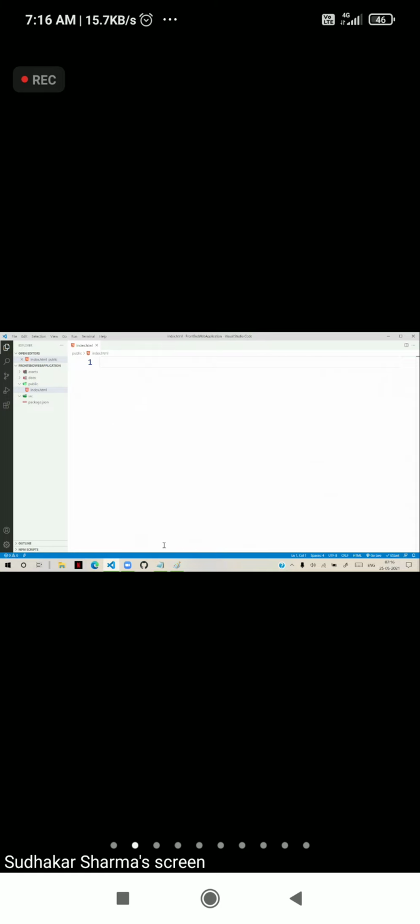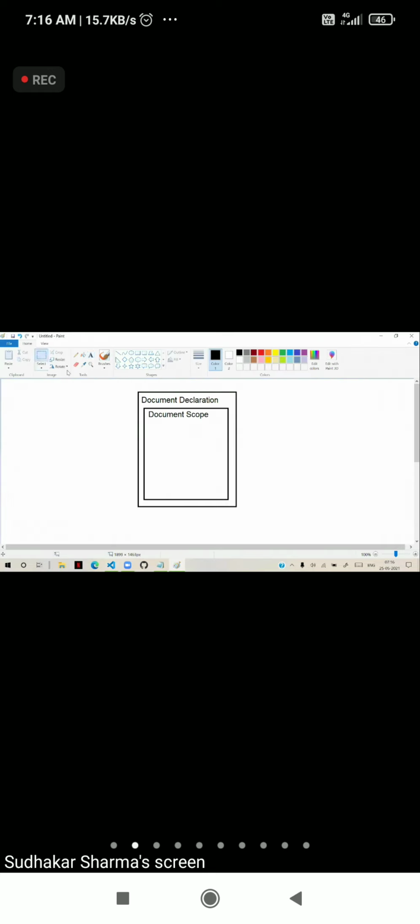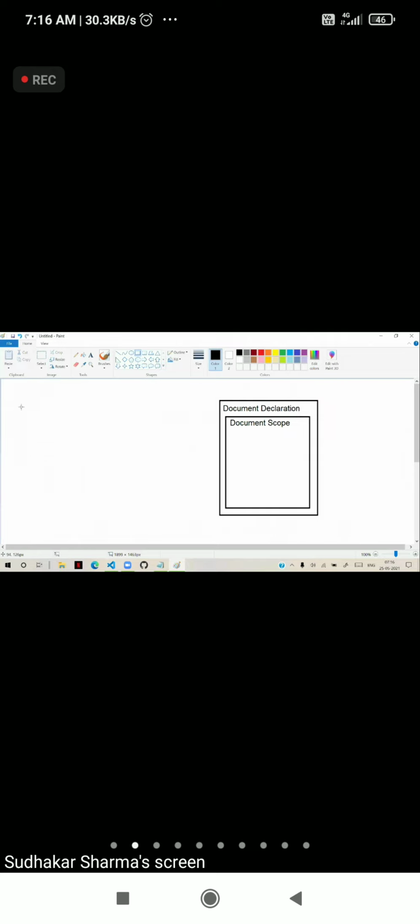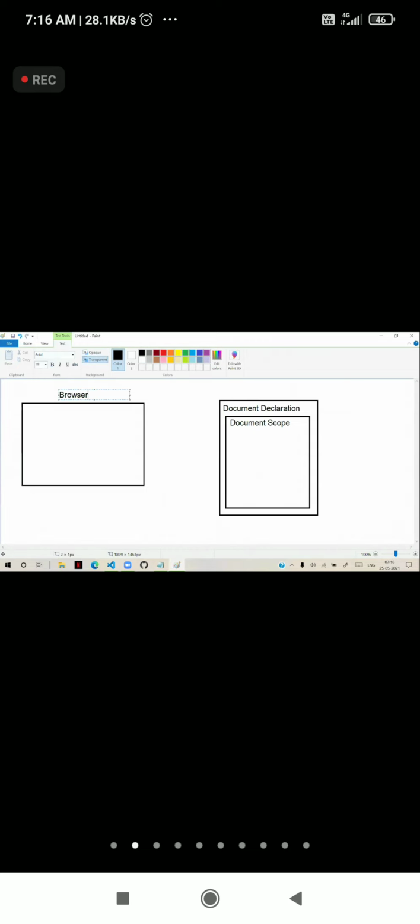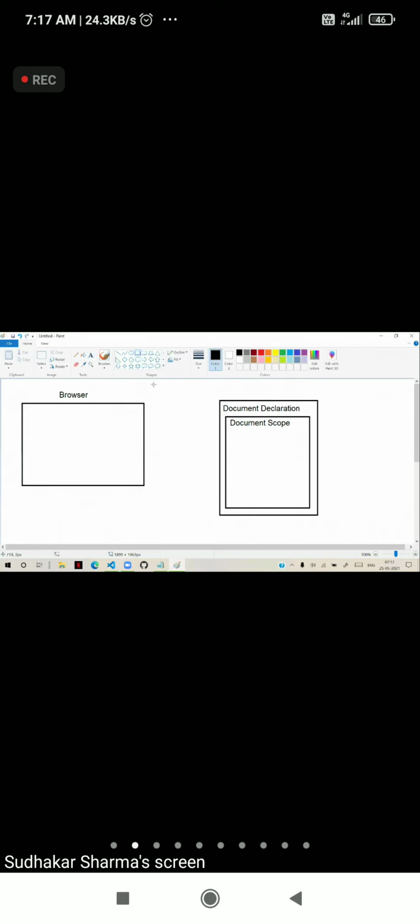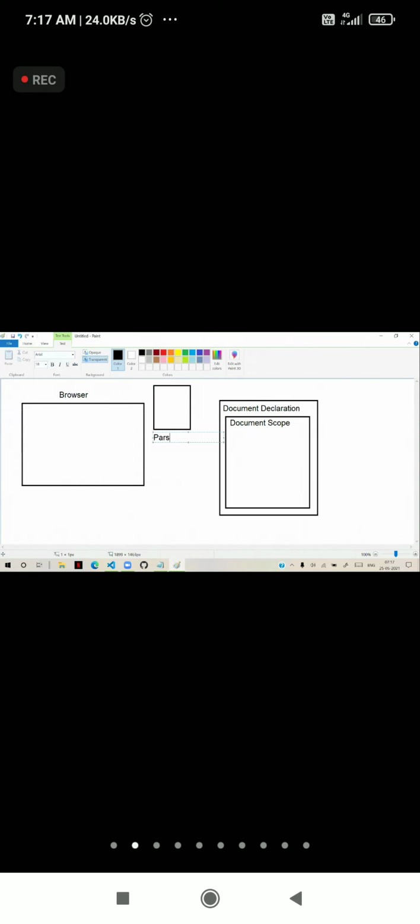See, generally we are using a browser. I showed you a simple overview of how a browser works. So the browser comprises of a translator. We generally call this translator a parser.